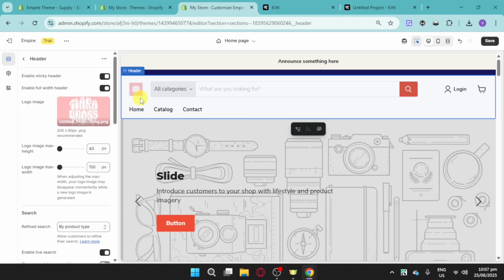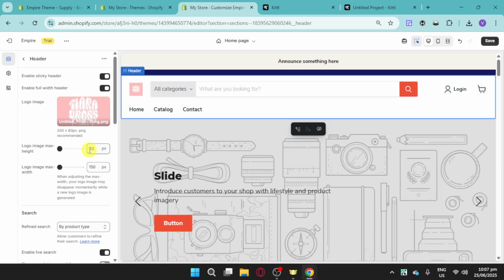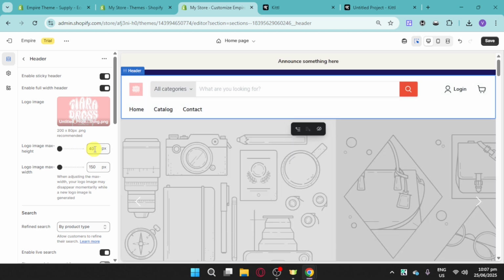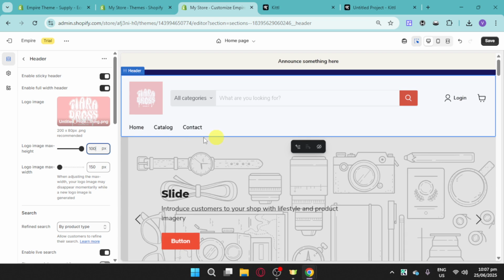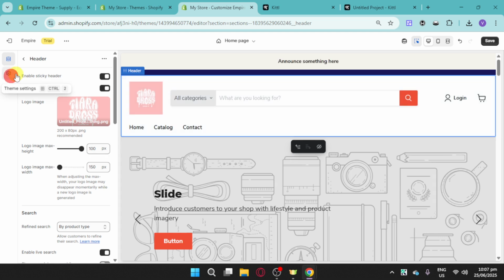So it will take some time as well, and you can also change the logo's max height as well as max width. For example, right here, let's input it around 100, and then you can actually see in here the changes that you have done. Now in here, next thing we need to do is to click on this theme settings that we can see